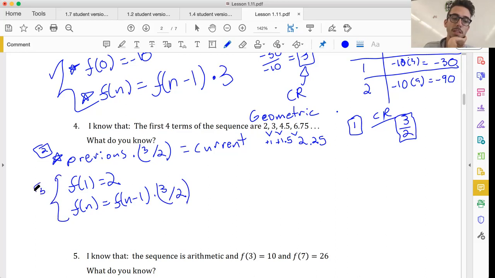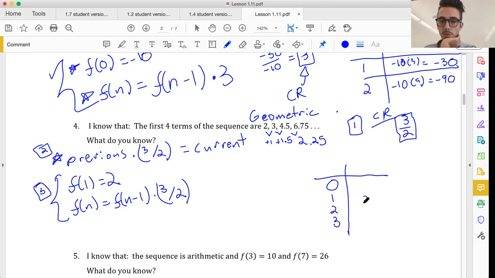What else do we want to get? We can get more terms in the sequence. We could also sketch out that table. For this table, I'm going to get a hold of the 0 term after I plug in the rest. So this would be 2, 3, 4.5,